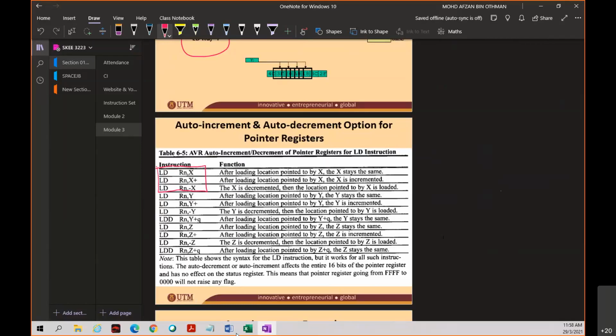Okay, I just put something like this so that you can see it clearly. Let X point to an address. So this is the first instruction,